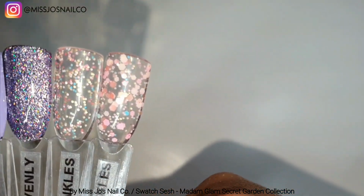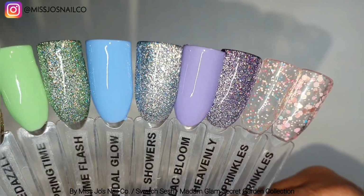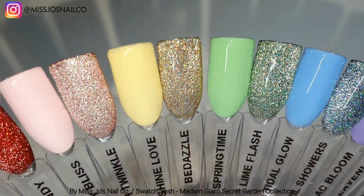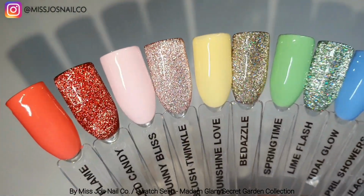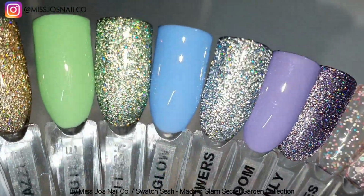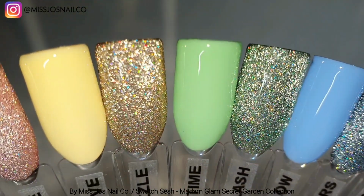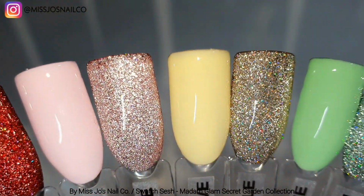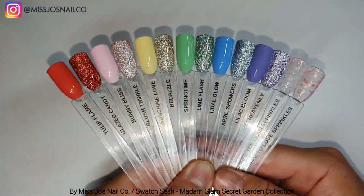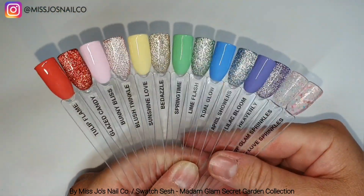And then these two top coats. I feel like that one might have reflective bits? I don't know. They're just so bright that it makes me question everything. So you have all these little pairs, and then you have the sparkly top coats. How nice are the bits of stuff top coats, confetti type ones, that would look so cute on top of the creme colours, wouldn't they? They would look adorable. And that is the Secret Garden collection, but you don't have to keep it a secret,